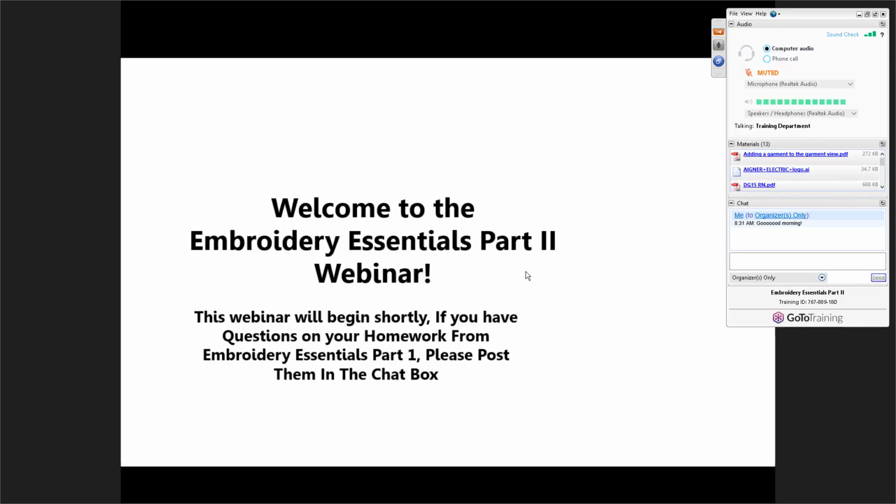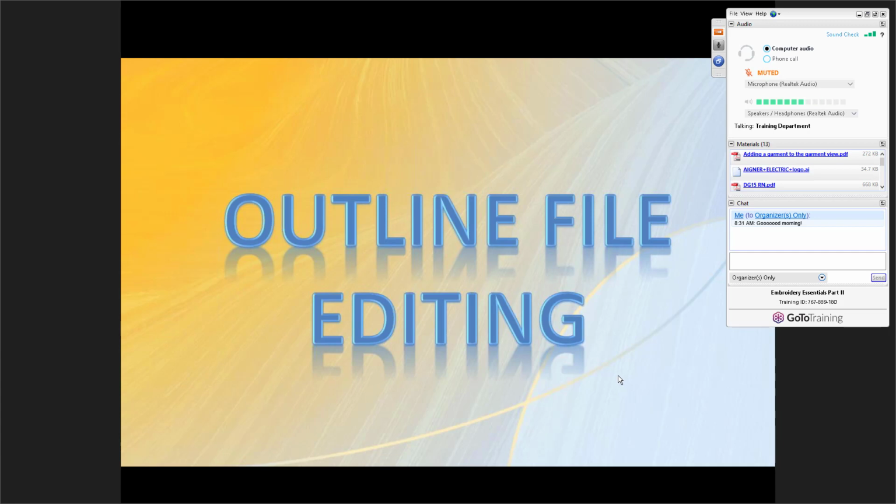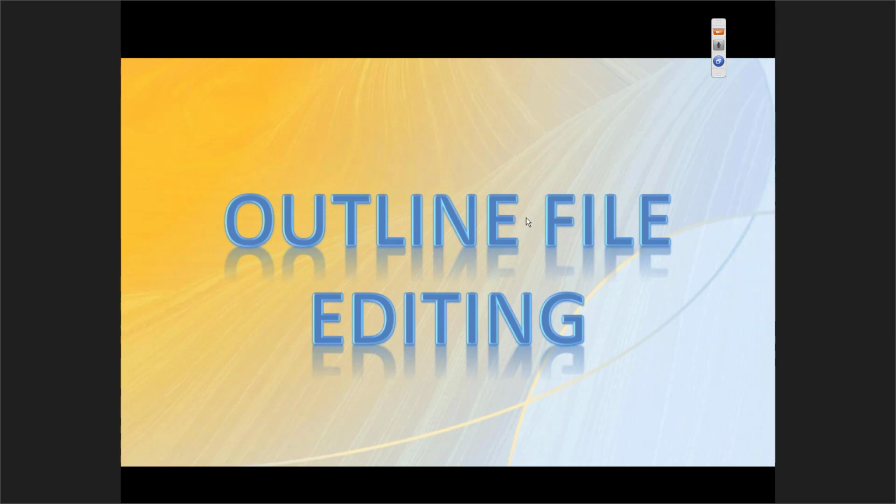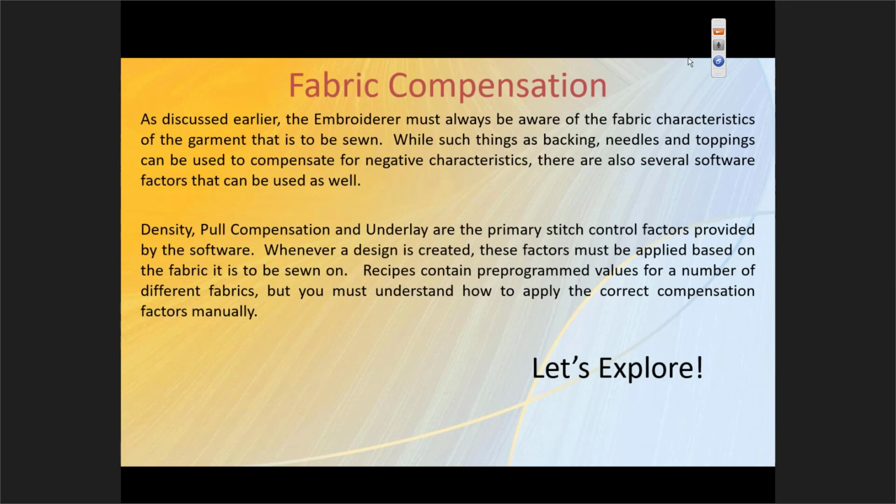So what we are going to be starting with is our outline editing. So again, if you remember, we discussed the outline files. Those are the files that your digitizers are creating from scratch. You may be doing it yourself. And the very first thing we want to look at is going to be the fabric compensation and what it is that was changing. So when you did your homework from part 1,